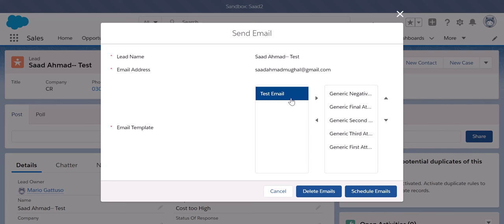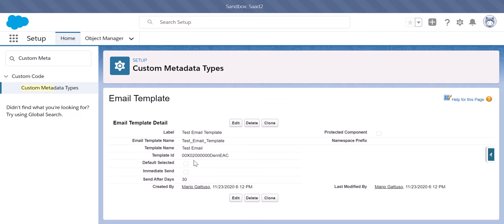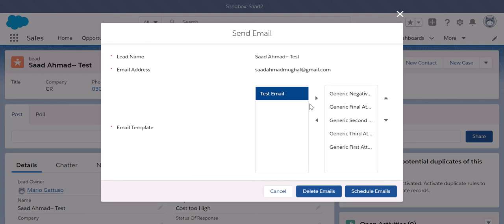It is not default selected because we have not checked it to default select it. And if I select it, we can move around the templates, and when I click on schedule emails, it will schedule emails for these 4 specific email templates.